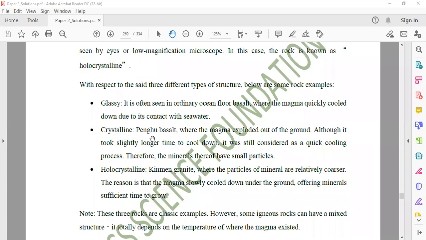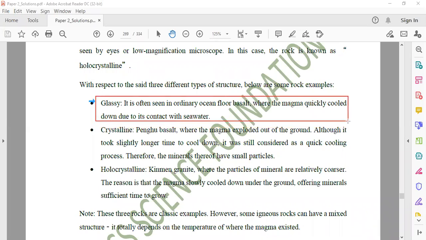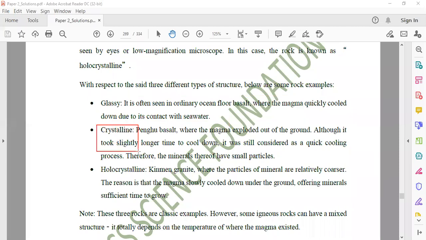कुछ एग्जांपल हैं, जैसे इसके अंदर देखिए, अब देख लेते हैं, हमने किया ही है. तो ये नंबर 1, if you talk about glassy, it is often seen in ordinary ocean floors. ओशन फ्लोर में आपको जनरली ये मिलती है, ठीक है. Basalt where the magma quickly cools down due to its contact with sea water, तो glassy generally ocean floor में मिलती है. Crystalline की बात करें, such as Pangu basalt, magma exploded out to the ground, although it took slightly longer time to cool down, it was still considered a quick cooling process, therefore the minerals